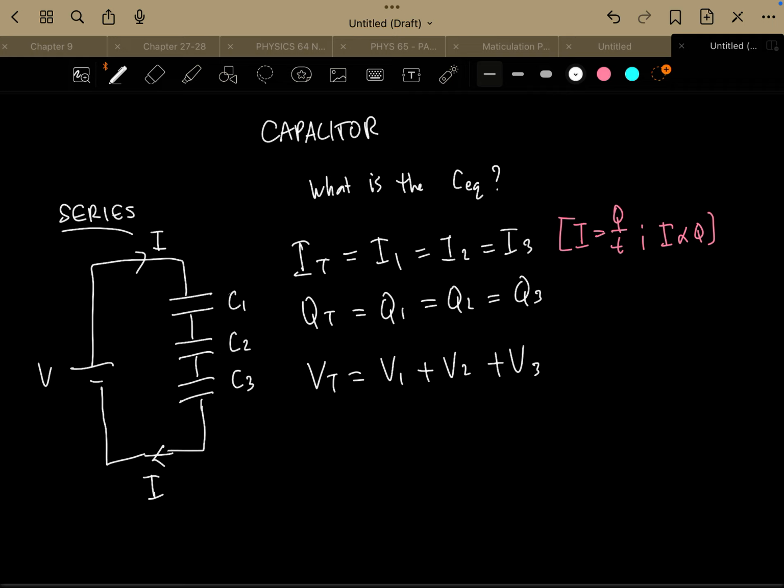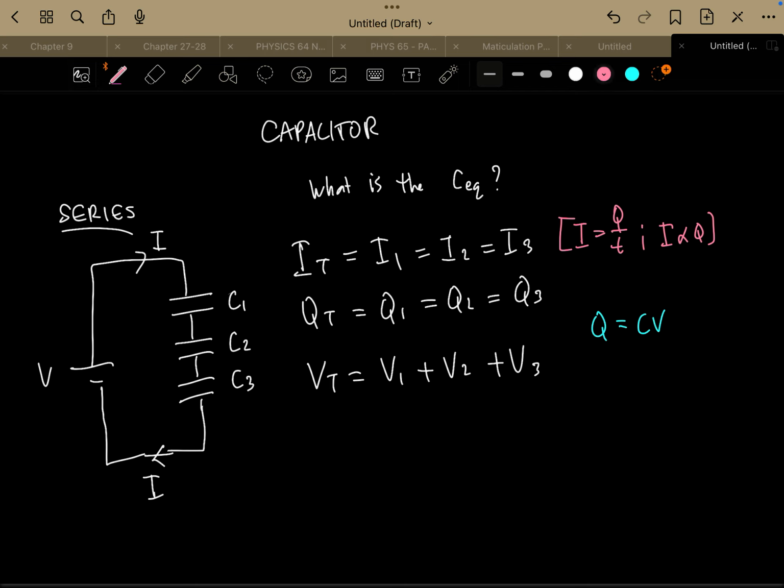Now, what is the formula again? We know that Q is equal to CV. This is by definition already lah. If we increase the voltage, the amount of charge on each plate will accumulate. So the higher the voltage, the more the charge on each plate. So the constant is given by the capacitance. Right? So I can say